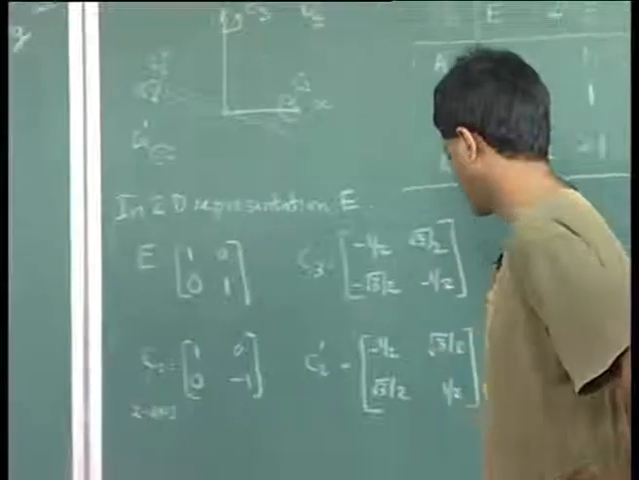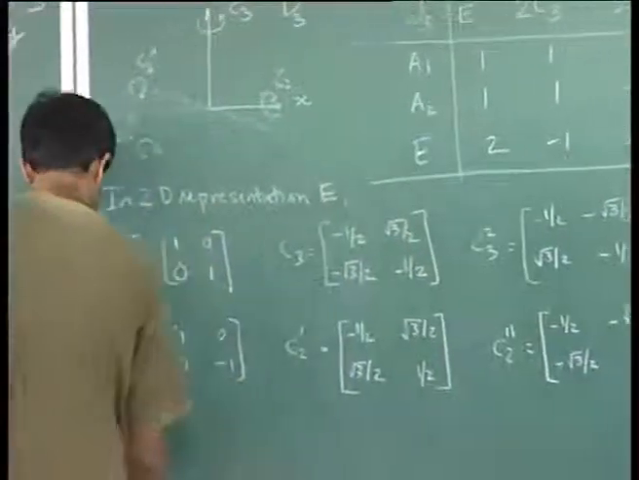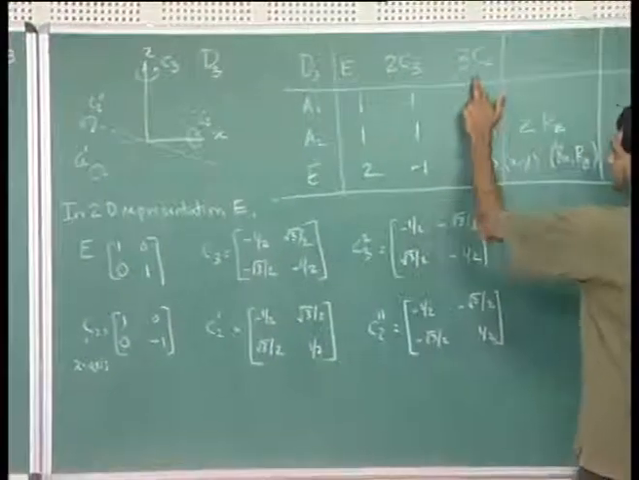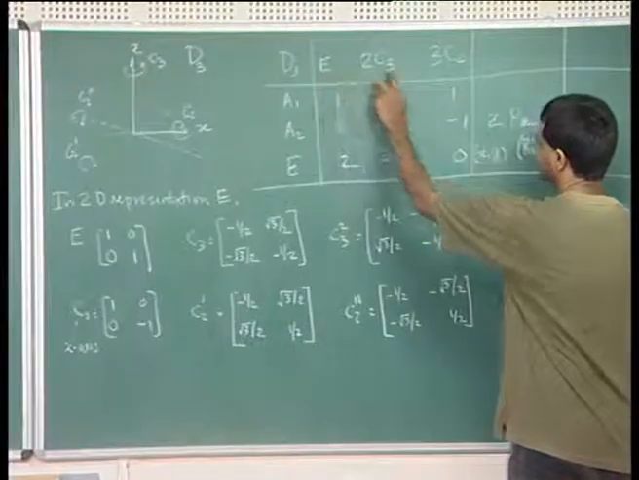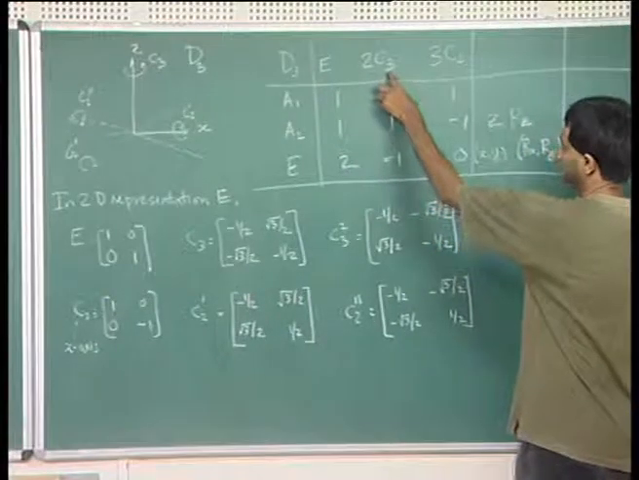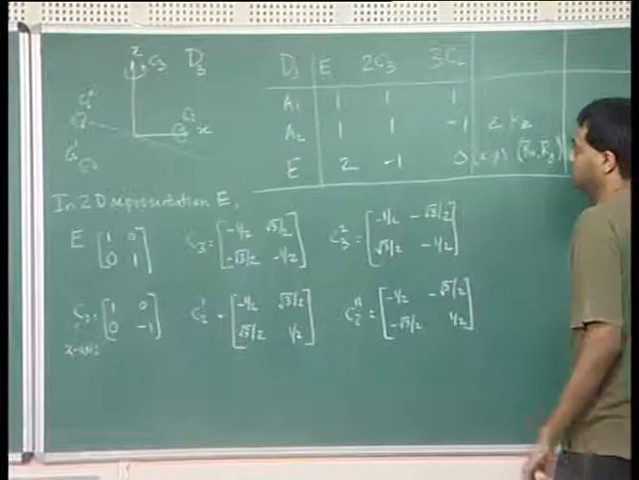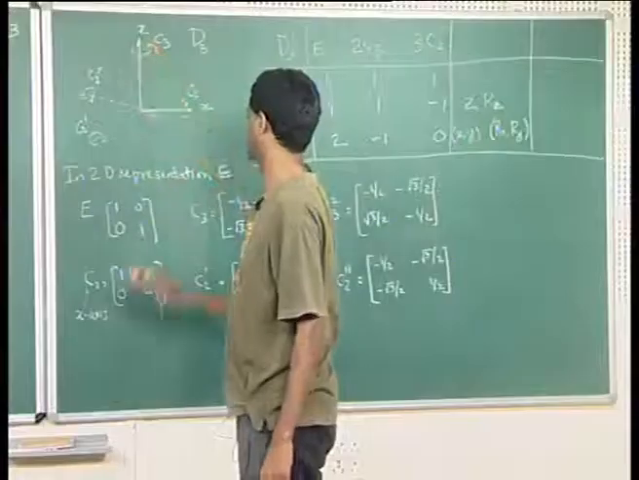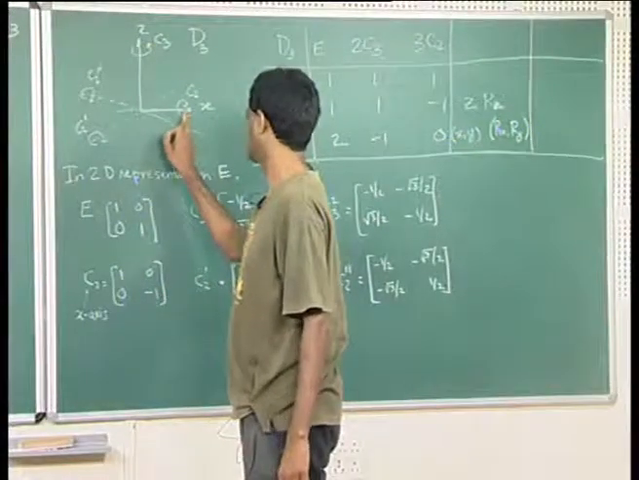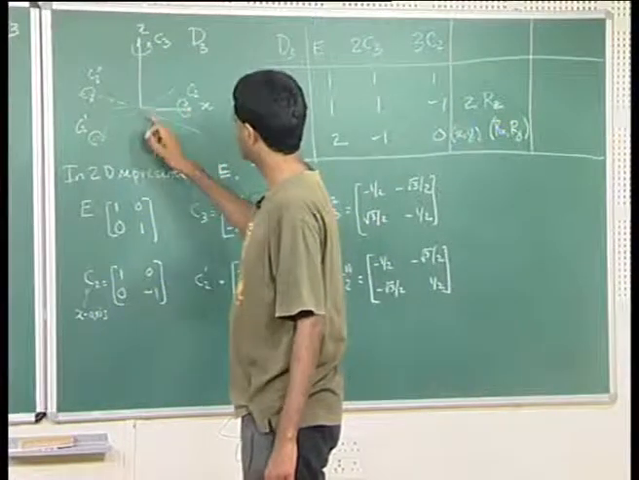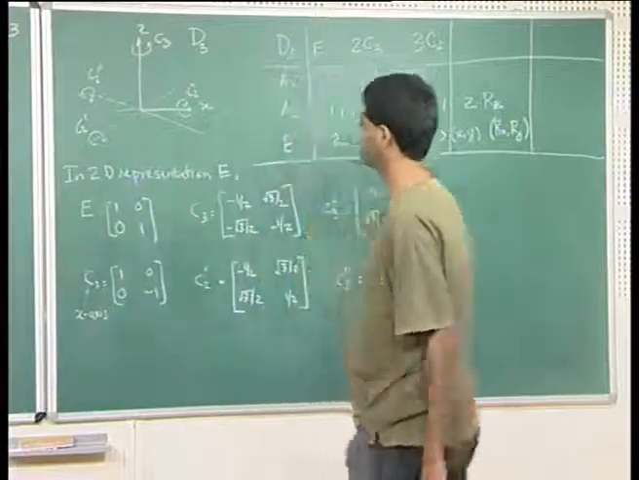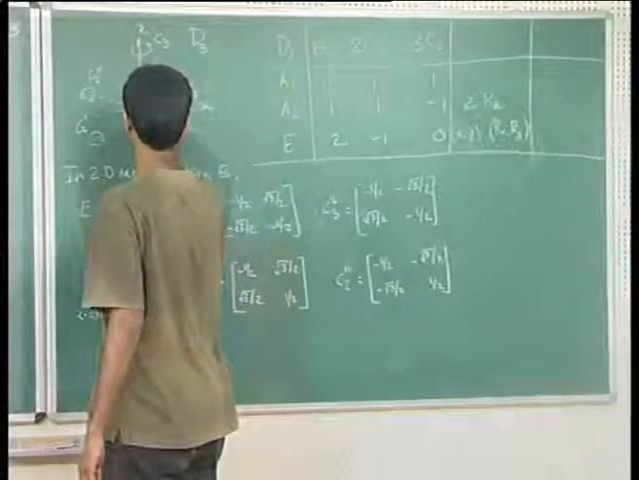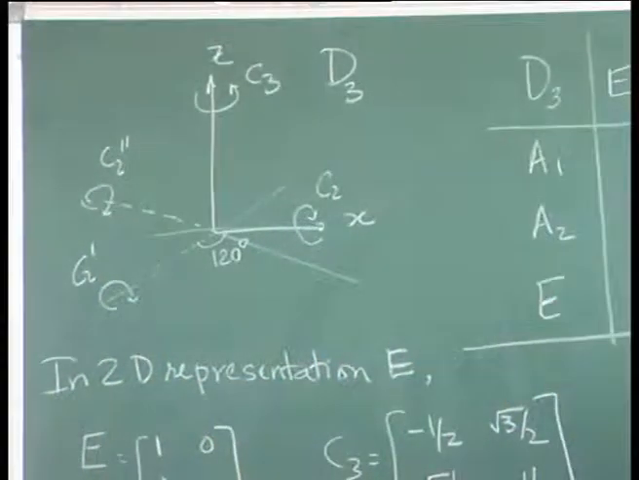So let us remind ourselves what this group D3 is. D3 is a group of order 6. It has the identity, C3 and C3 square, and 3 C2 axes. If we align the C3 axis along the Z axis, one of the C2 axes we align along the X axis, and the other two C2 axes are in the XY plane, with an angle of 120 degrees between them. So these are the various